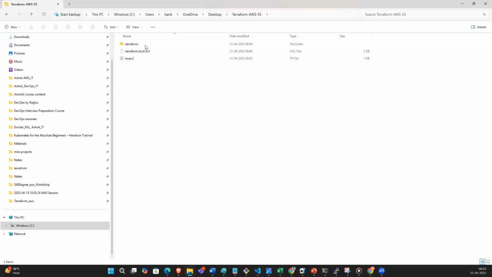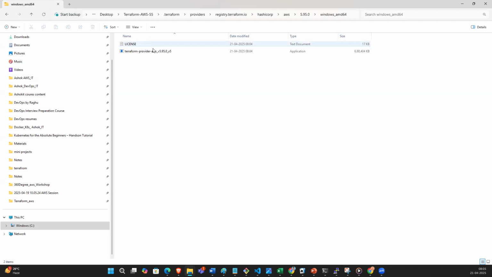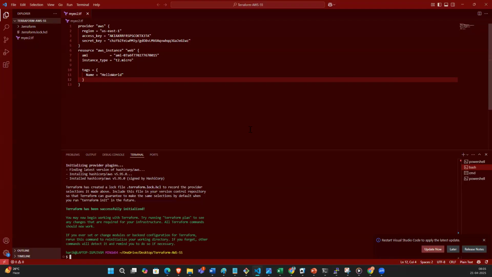You see, once you initialize Terraform, a .terraform folder is created. In that .terraform there is providers. In the providers, registry.terraform.io, hashicorp, AWS is the provider, version 5.95.0. So this Terraform provider is installed while running the Terraform init. So Terraform is successfully initialized. So next,